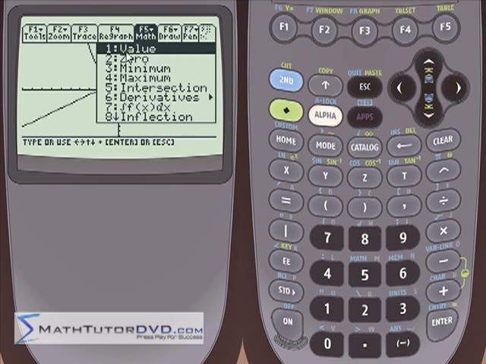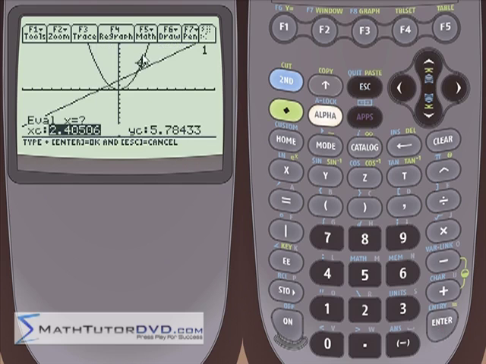The first one here is the value. What this is asking you or telling you is, what is the value of this function? What is the value of the function that we have? So just hit enter here, and we see a little trace crosshair here, but it's asking us, evaluate it at x is equal to question mark. That means put whatever value of x you want here. So if I put in 2.2, which is an exact value, 2.2, and hit enter,